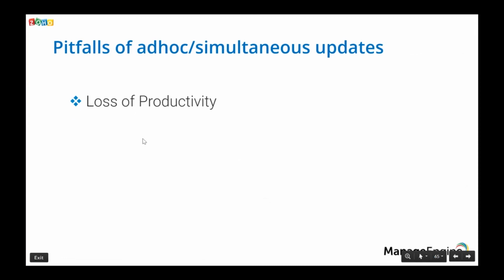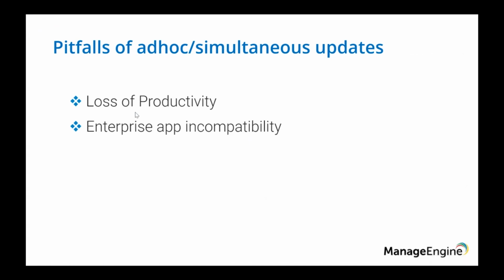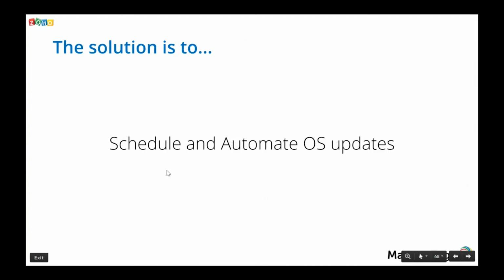But on the other hand, if you choose to simultaneously update the OS on all of your devices, this can lead to a loss in productivity because your devices will have to restart during an update. Your in-house apps might not be compatible with the OS update if you do not check it prior to deploying it, and this might lead to other issues. If you choose to update the OS on all of your devices at the same time, this can cause bandwidth choking. So to avoid all of these issues, Mobile Device Manager Plus allows you to systematically schedule and automate your